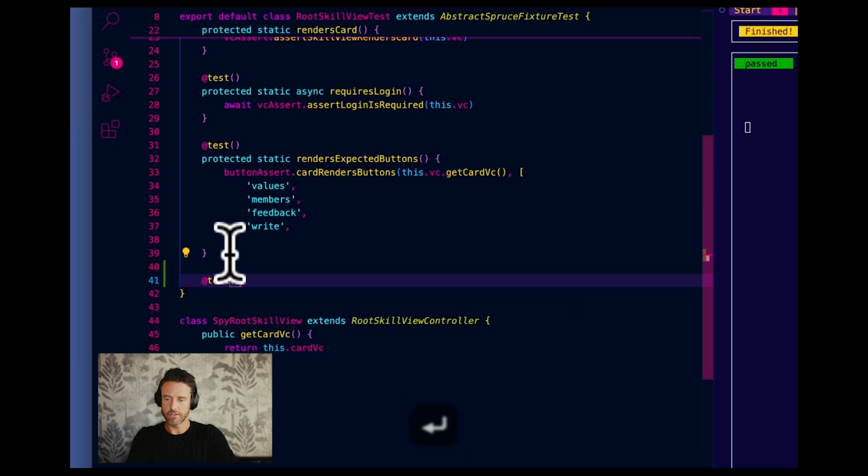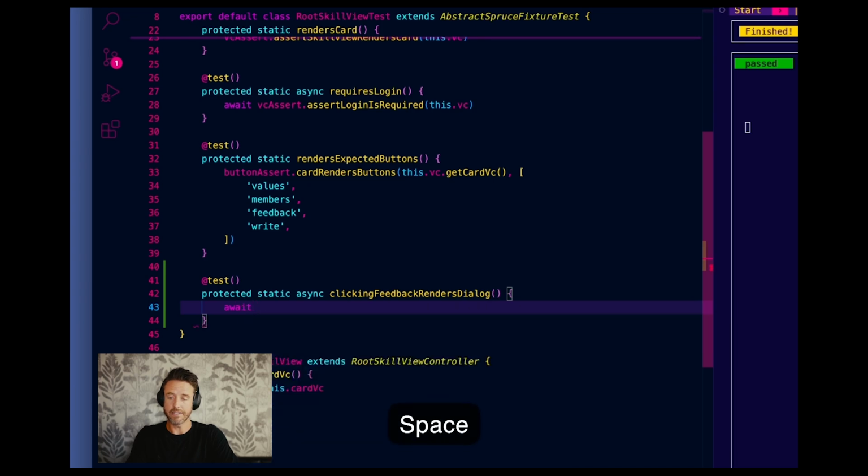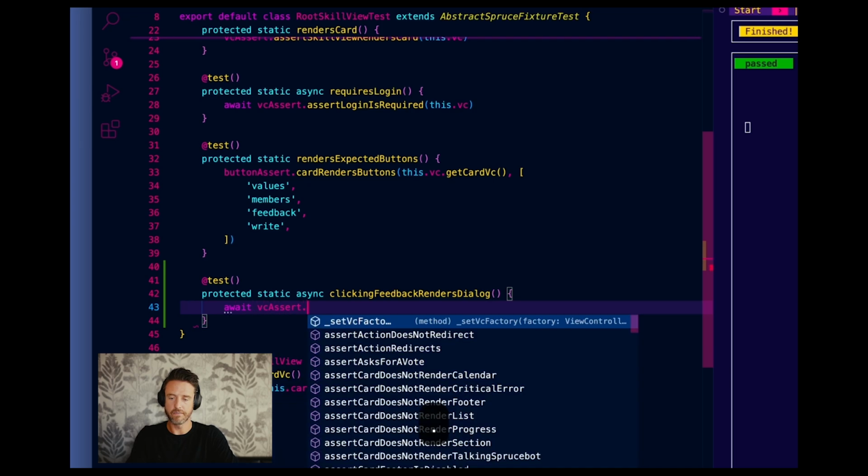And let's do it. Let's go protected, static, async. Clicking is an async operation. So we are going to want to await for the click operation to complete. And we're going to say clicking feedback renders dialog. Pretty straightforward. Start with an await and say vc assert dot